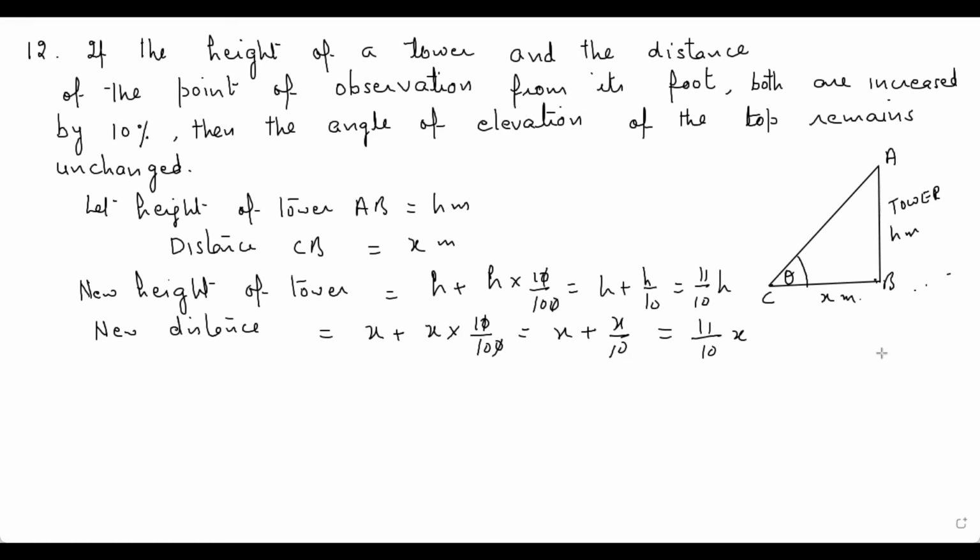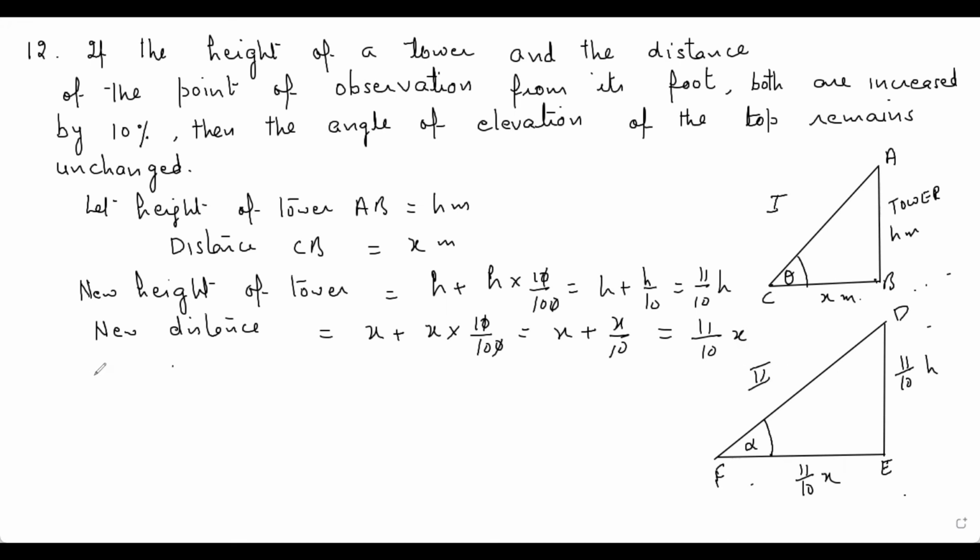So I'm going to make a figure here again. Let the new height of the tower be 11 by 10 h. And the distance between EF is 11 by 10 x. Now let the angle of elevation of this point D with this point F be alpha. Let this be the first case, this be the second case. Now in the first case,